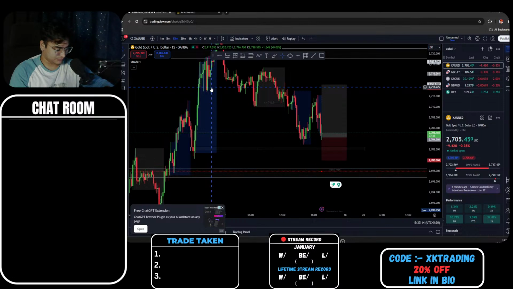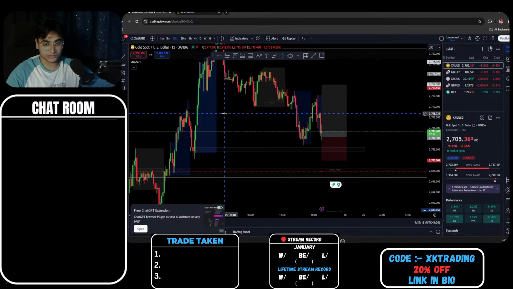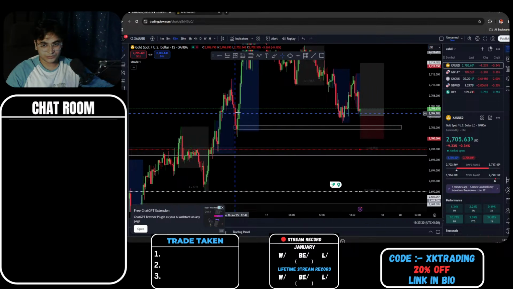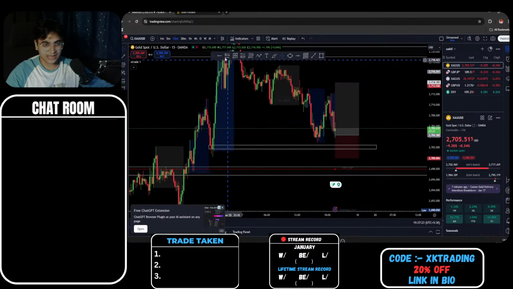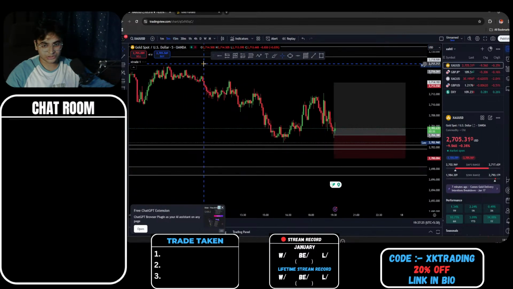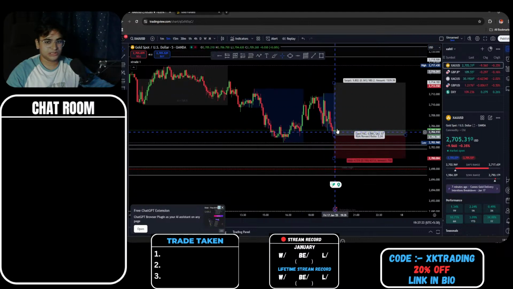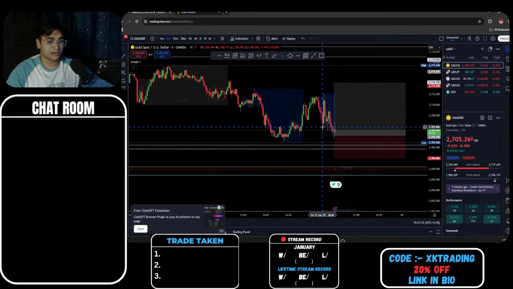Let me check. But before we check that, let's continue with this. According to me, there's a high probability we can go up, but looking at structures like this one especially, it's a little bit not in my favor. I do not see the momentum yet. There is one bullish candle, and after this I was expecting price to move up.